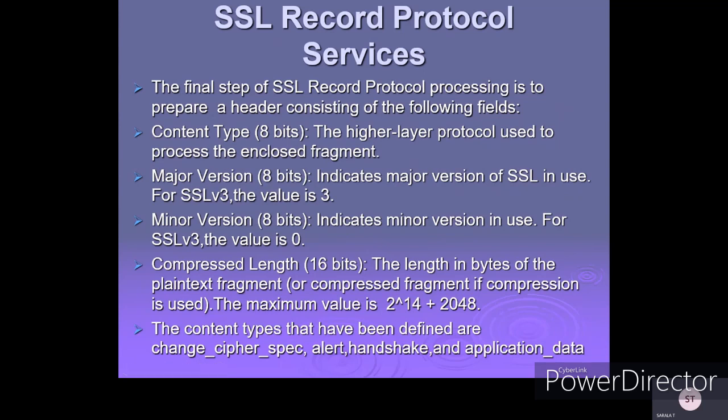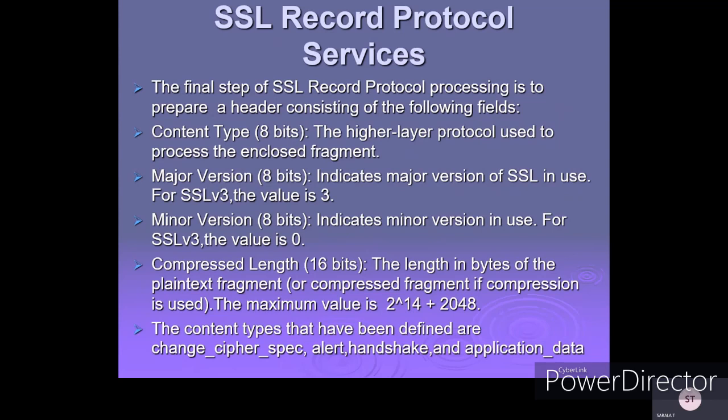Major version indicates the major version of SSL in use, for SSL it is 3. And minor version, what is the minor version used for the SSL protocol? That is always 0, you can represent.